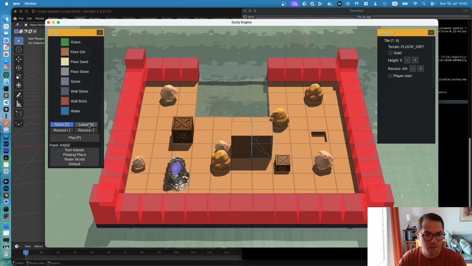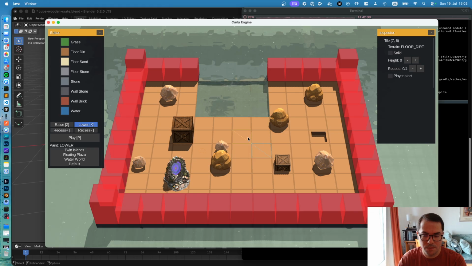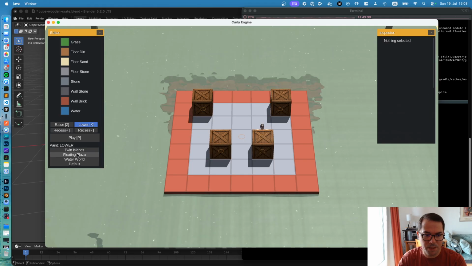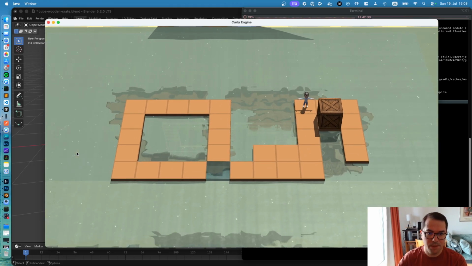So that's also possible. I'll just leave those like that. Again, as I mentioned before, I can also create recesses. And I can scroll through the different levels that I have. So I'm just experimenting with a few things here. Let's say this one here, it's interesting because